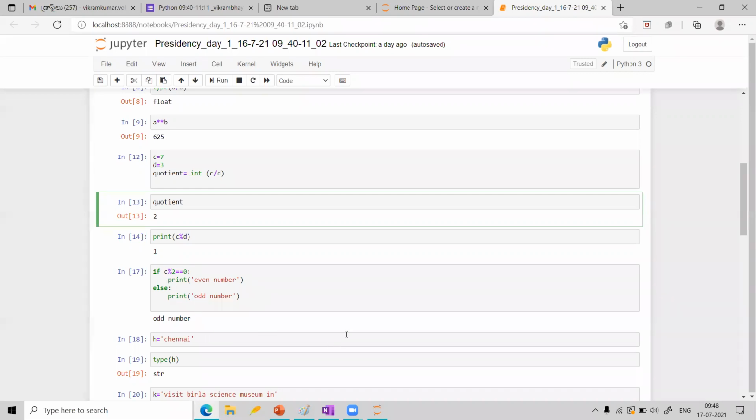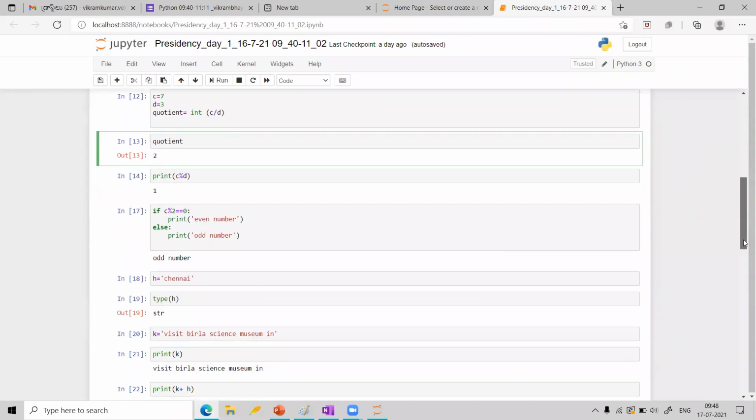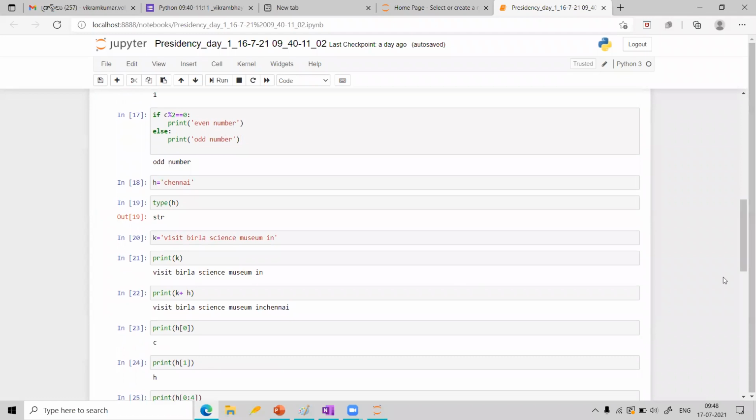Then we have also seen something about strings. Whenever you want to declare a string, it is another data type. Apart from the integer and float, we have strings. So string is one more data type. How do you represent a string? Generally we put it in between single quotes, or even you can put it in double quotes.